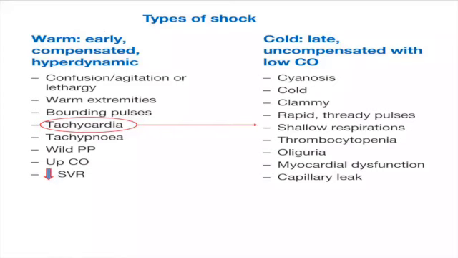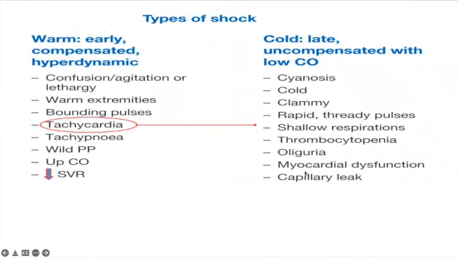But let's go through the meaning of each shock. Warm shock: there are warm extremities, bounding pulses, a wide pulse pressure, and you will expect a decrease in systemic vascular resistance. The patient will be tachycardic for sure, and that's the situation in cold shock too. Tachycardia, but the patient will be cold, clammy, with weak pulses, and you will expect in cold shock there is myocardial